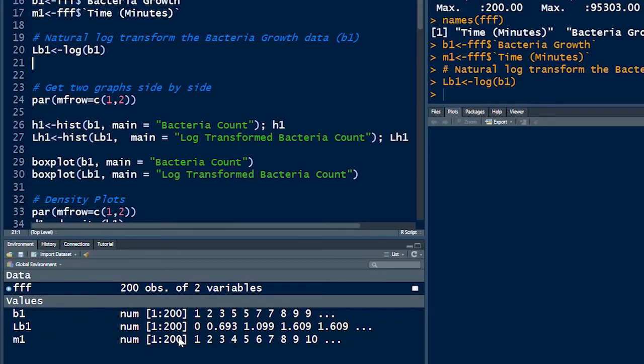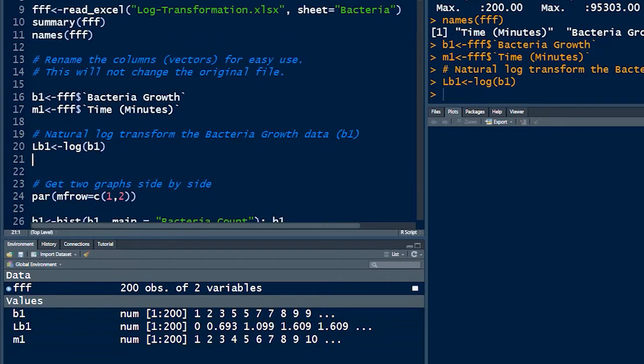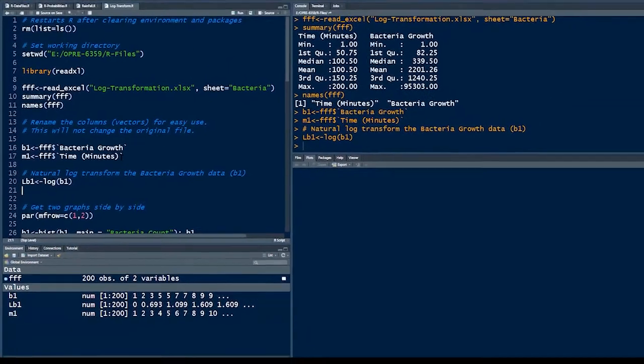These are the LB1 numbers. Our M1 is of course 1, 2, 3, 4, 5, 6, 7, 8, 9, these are minutes. And our B1 is the original bacteria data set. And this is our log transformed. So this keeps track of it. If you clear the environment, they all vanish. That means the program does not know anything anymore.